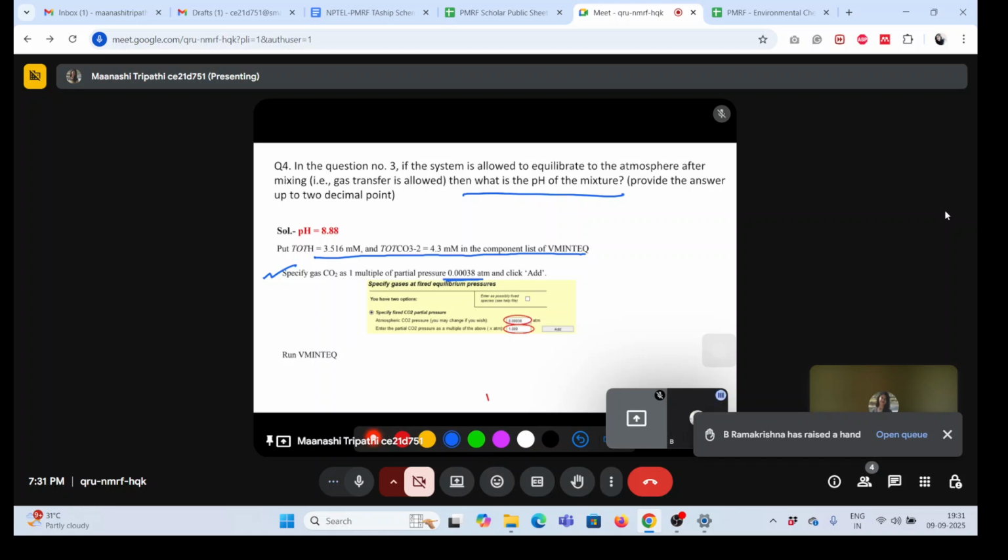But see this question number three, if the system is allowed to equilibrate, this is a very simple question. You can do it directly. It won't take much time. Yes, you are right. This is a very simple question. It won't take time, but the